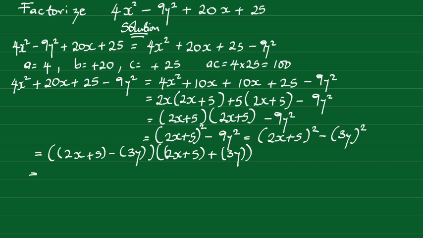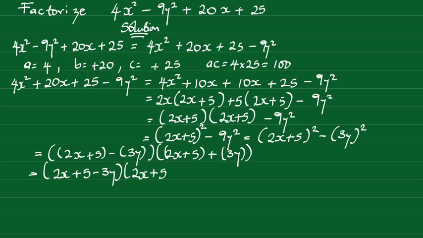Proceed further. We have bracket open 2x plus 5 minus 3y. For us to open our bracket, we end up having minus 3y bracket close, bracket open 2x plus 5